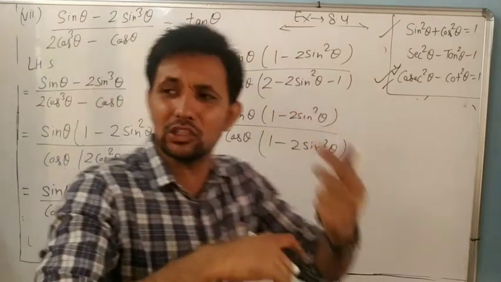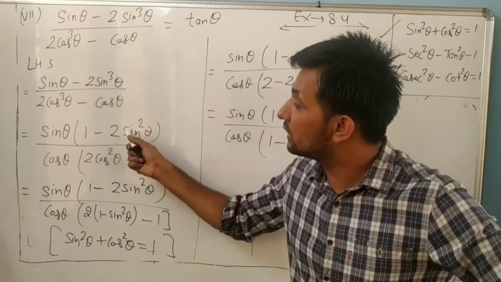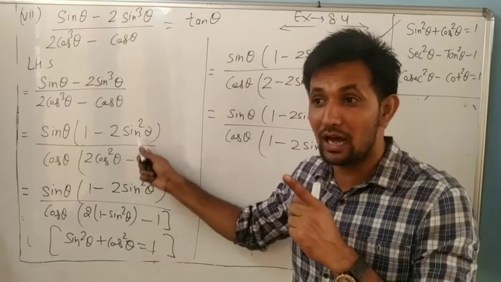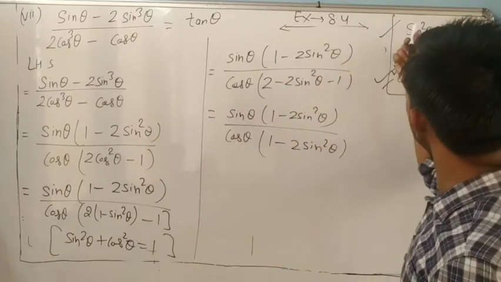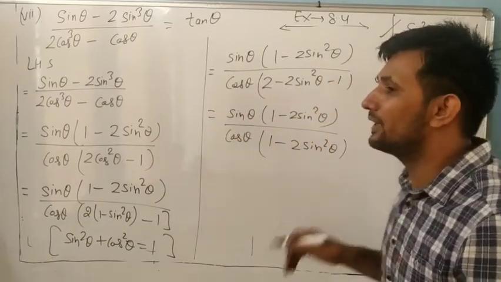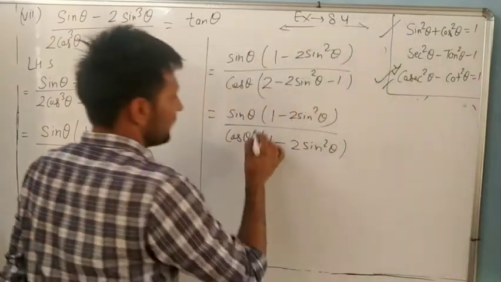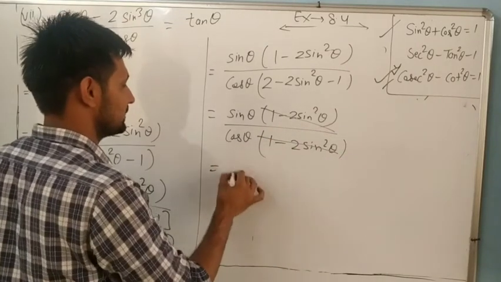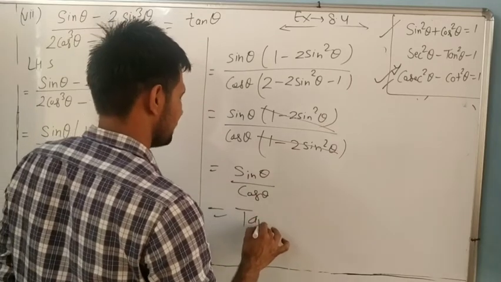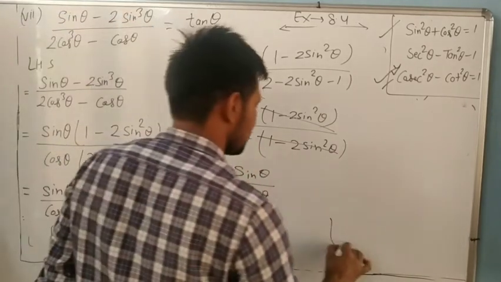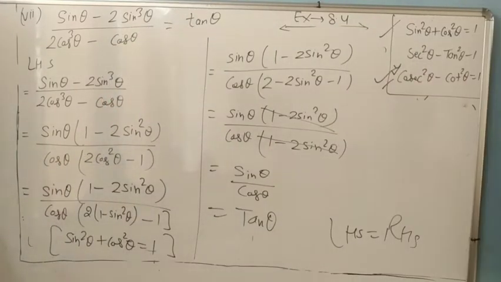Only you have to think like this. Here is sine, here is cos. How can we change sine and cos? Because they will cancel only in one case, when they are both the same trigonometric ratio. Using an identity, if a square is given, we will use any one of these 3 identities. Okay dear? And if it is sine and cos, everyone knows the 6 trigonometric ratios. So now cancel. So what is sin theta upon cos theta? Sin upon cos is always tan theta. It is your answer. Left hand side equal to RHS. It is our answer. Note it down please.